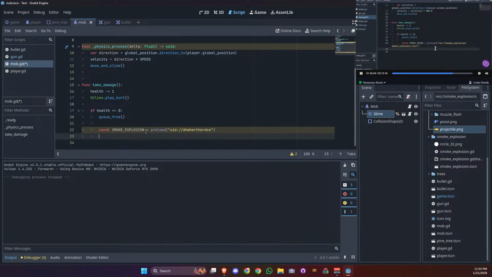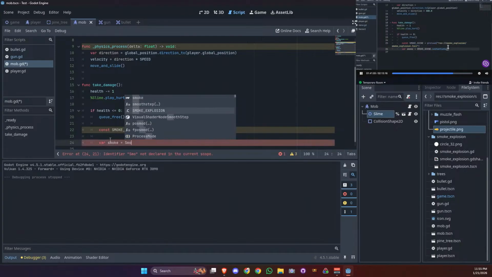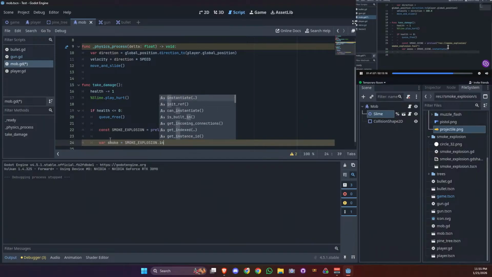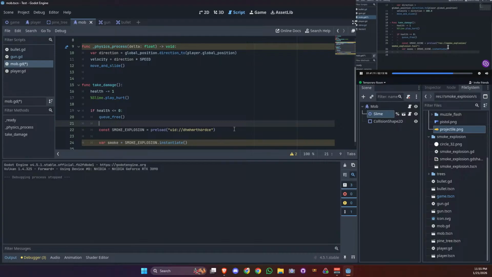And then we're going to create a concrete copy of that. So I'll create a new variable. I'll call it smoke, and I'll use SMOKE_SCENE.instantiate(), which creates a new copy, produces a new smoke explosion from the template scene. Then we need to add the smoke to the scene,